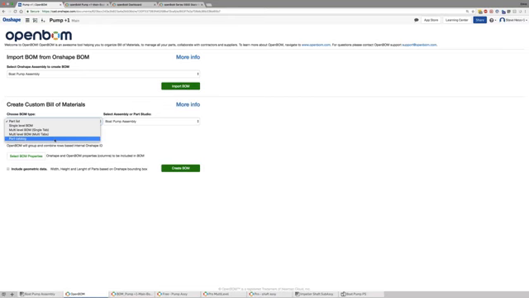And this is where we can choose, as you can see, a variety of things that we may or may not want to include in our bill of material. These will remain persistent and will be in effect for every bill of material that I create following using the custom settings. So this is where you set up the standardization within your organization so that everyone sees, on creation, a standard, consistent bill of material with a consistent set of properties.